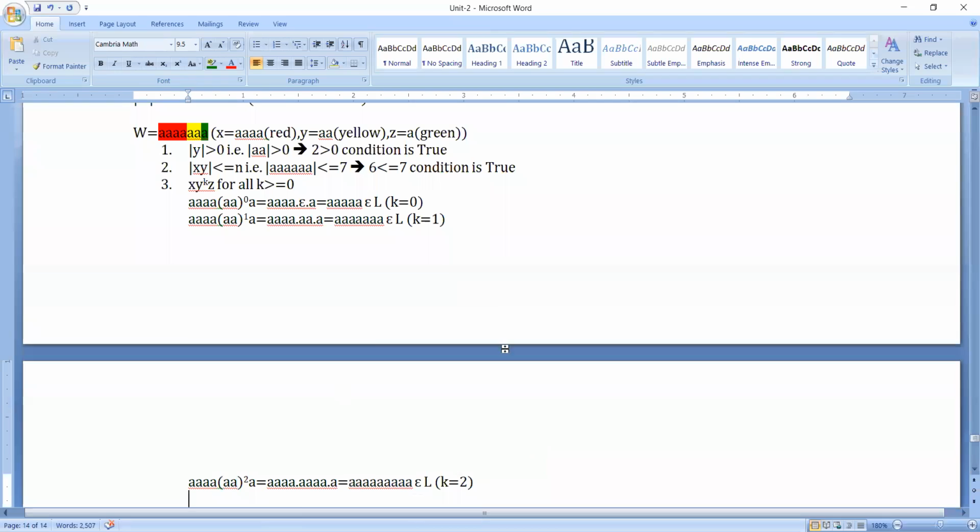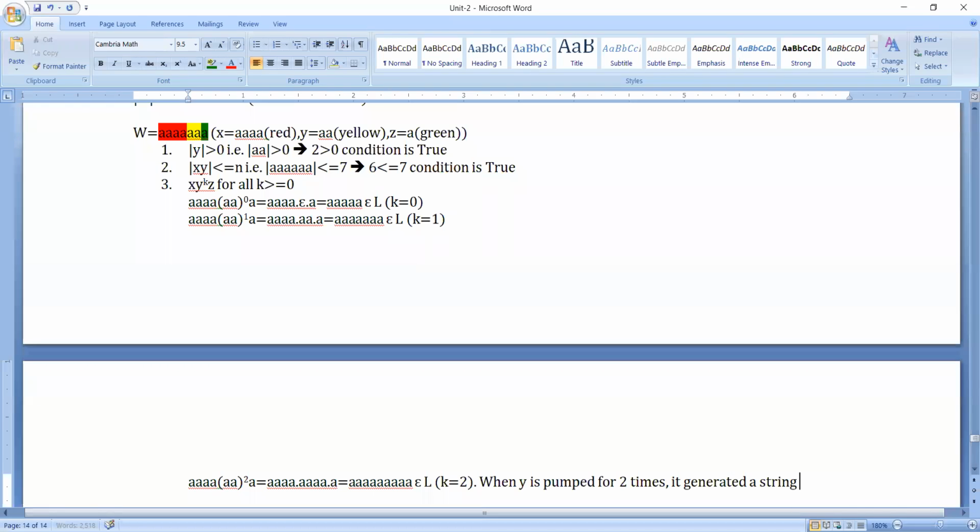Which is not belonging to the given language. That is the reason we can say that this language is not a regular language. So let me write over here: when y is pumped for two times,